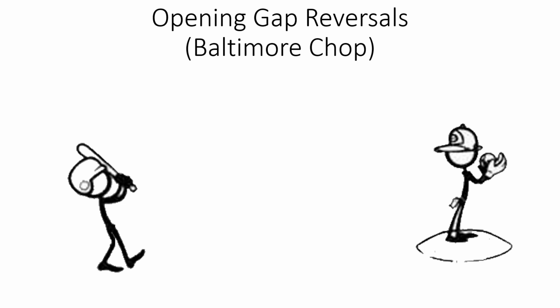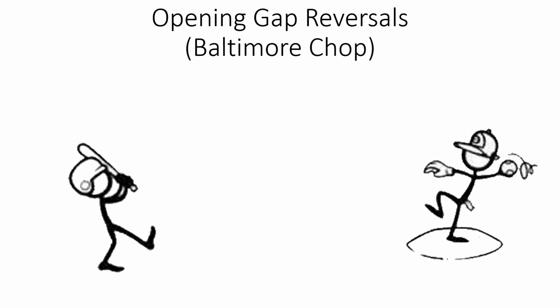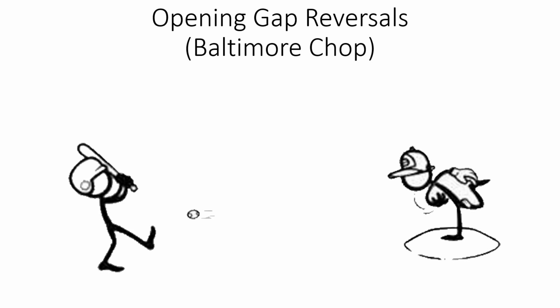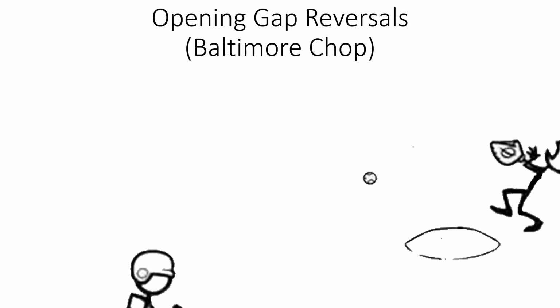But for those of you who just want to satisfy your curiosity, Baltimore chop was an old Baltimore Orioles batting trick that really was designed, I guess, to get a slow runner on base. And what would happen is that the pitcher would throw the ball, and the batter would spike it down into the ground and then pop it up over the pitcher's head.